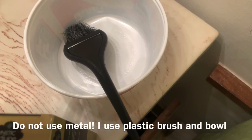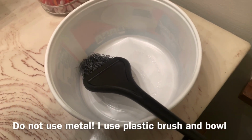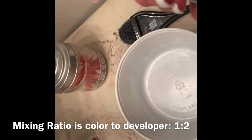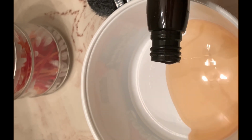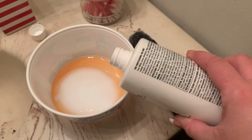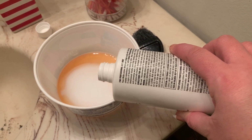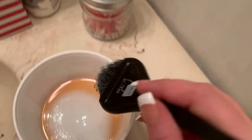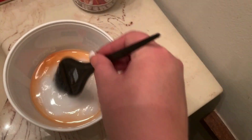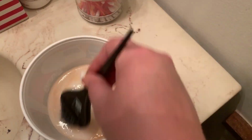Always use a plastic bowl. I used a brush. The mixing ratio for this is 1 part color to 2 parts developer. That's what I used. And so I applied the hair color first and measured, of course. I'm just using it this way for demonstration purposes only. I mixed these two together and started mixing well the combination of the two, and you should use this solution